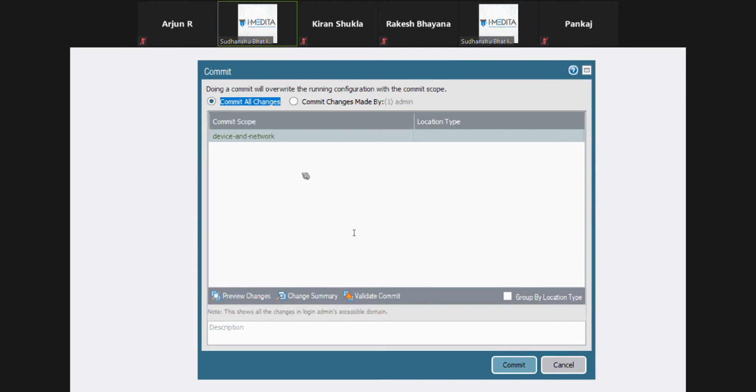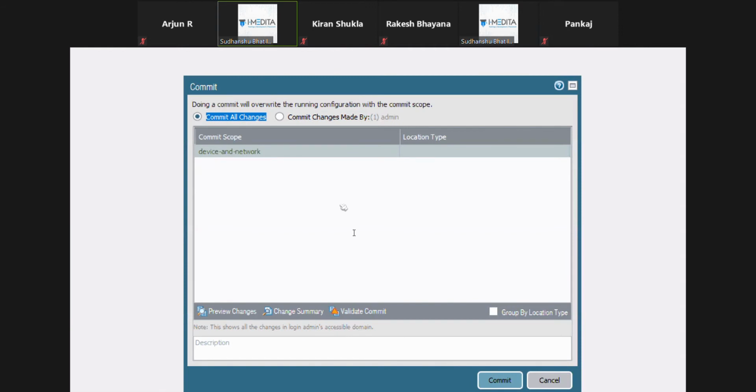Now, suppose Pankaj is midway through his configuration, maybe he's trying to configure OSPF and has configured some of the things but has not completed yet. If Pankaj and I are both logged in, and I complete the commit, his half-cooked configuration might get applied, which can create problems, right?